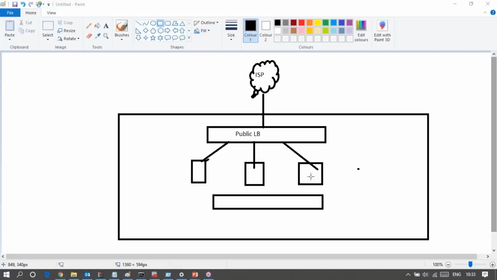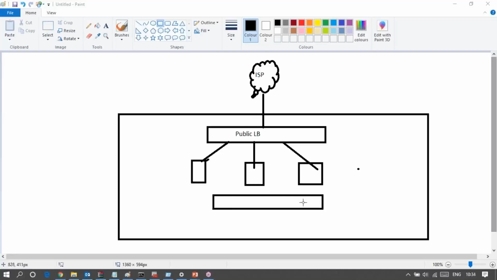Otherwise, we have a health probe process, and using that also the load balancer can distribute the traffic. The health probe monitors the health of the backend pool, like whether my VM is healthy or not, whether it is reachable or not. If it is not reachable or not healthy, the load balancer will remove the VM information from the database that it holds for balancing the load. So using the health probe also, the load balancer can propagate the load to a particular VM or pool of VMs.